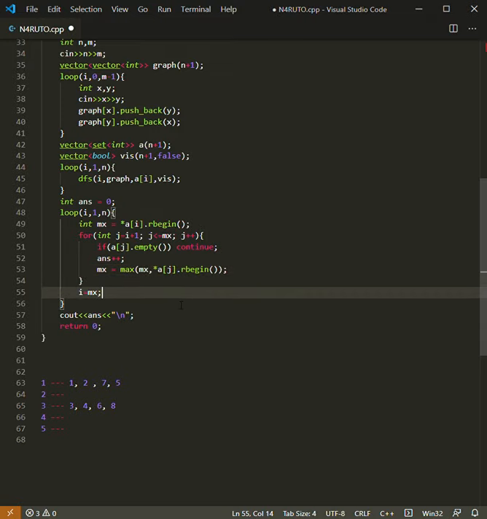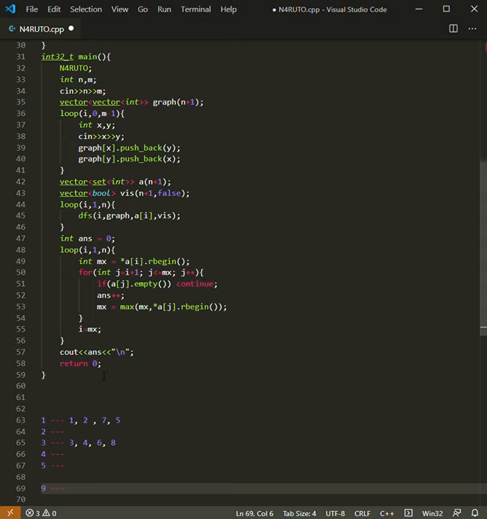Okay, now we just set i to be equal to maximum, and after the loop it will increment, so i will become mx plus 1. So when we are in 3, it will consider all the cases 3, 4, 6 and 8, and after that it will become 9. So that's the implementation, and we will just print out the answer afterwards.